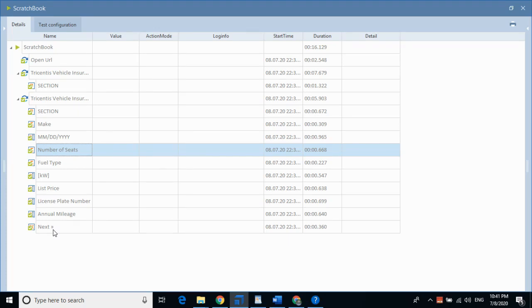We do not need any script. We do not need anything. We just need to record it properly, and we are able to record the test cases. We are able to execute test cases. We are able to get the result. Everything. So this is how we automate a test case in Tosca.